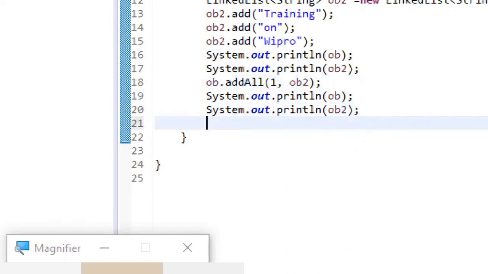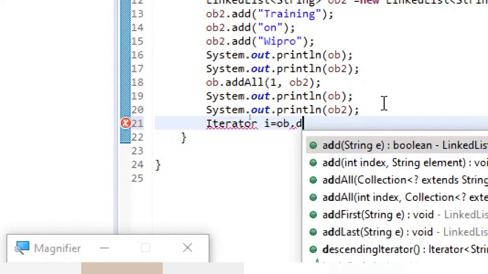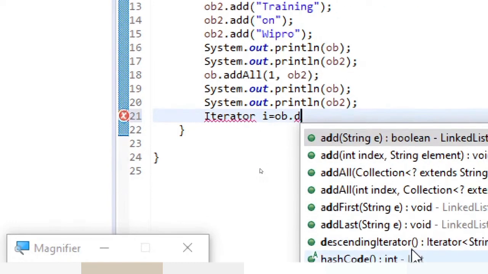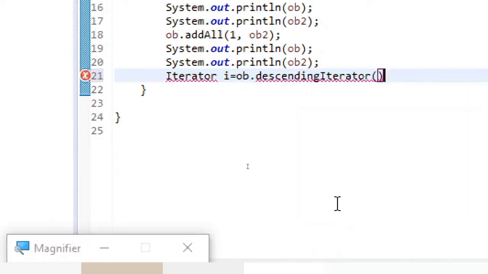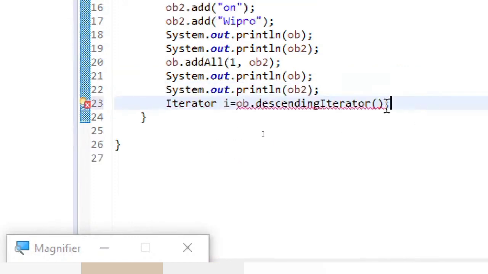Let me show you the use of iterator here. So if I use iterator, I equal to ob dot, here you can see with linked list, especially descending iterator. If I use this, I hope you can understand what happens. In order to have things displayed in reverse order,